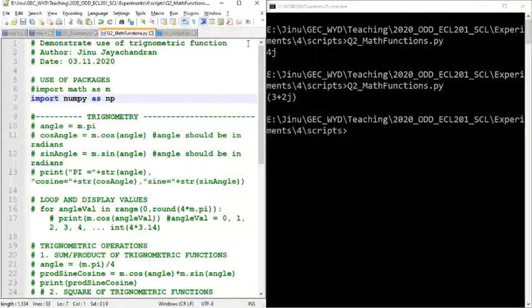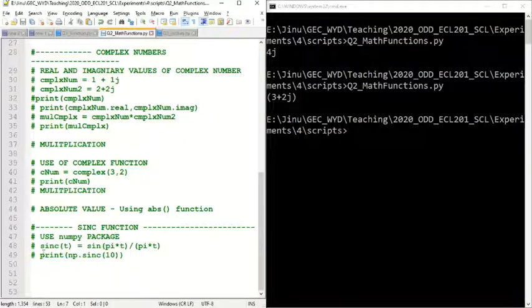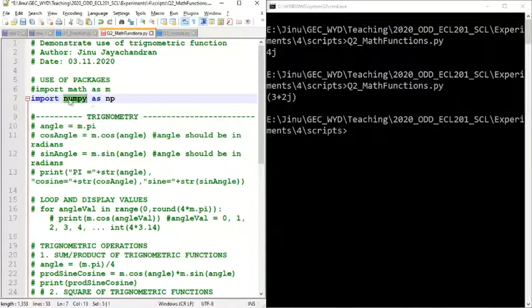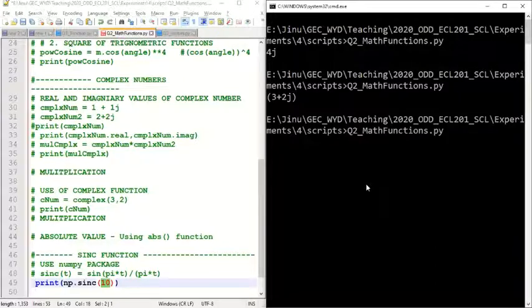So there's a package called numpy. We'll be using this package very extensively in our experiments. Using this numpy package, you can find the value of sinc. For example, I have imported the numpy package as np. So I do np dot sinc, a function already defined in the numpy package. If you give the value in radians, you will get the corresponding value. So if I do this,